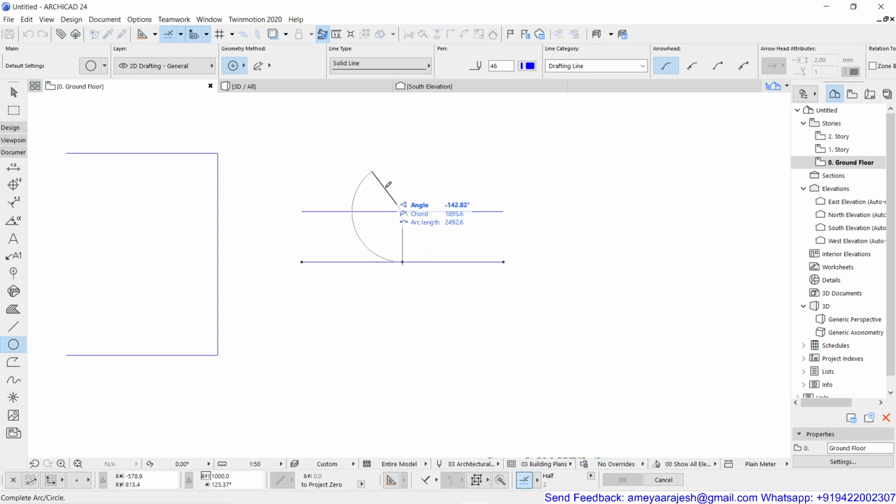So I'm just going to add the circle. And now what is the condition? If I want to make this circle part of this group, is it possible or not? Yes, it is possible.